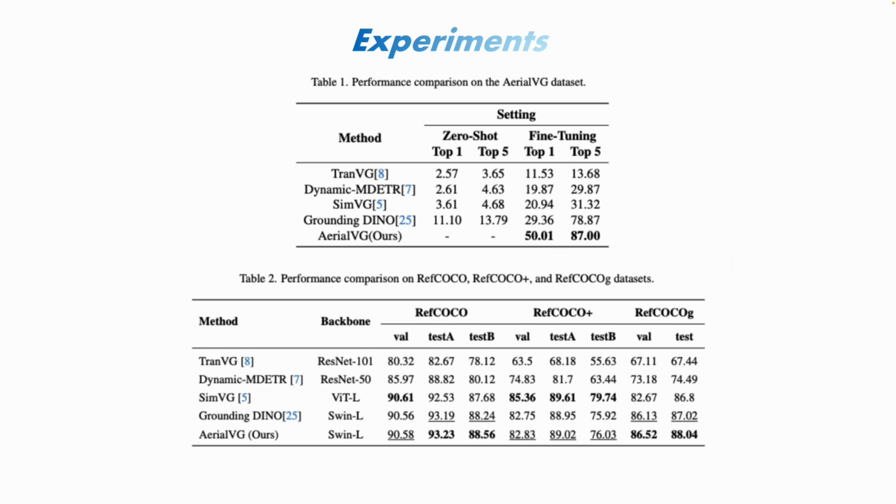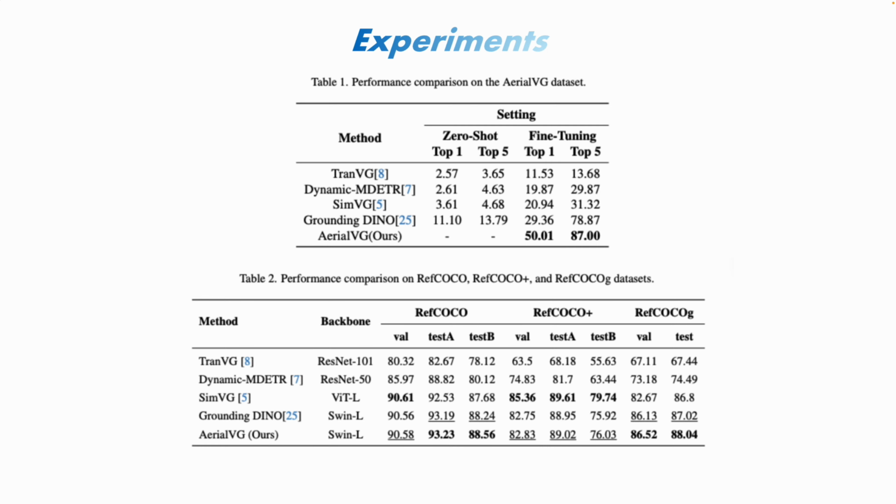Table 1 presents the evaluation results of different models on the AerialVG dataset. In the zero-shot setting, existing VG models exhibit limited performance, with both Top 1 accuracy and Top 5 accuracy hovering around 10%. This result highlights the challenges posed by high-resolution aerial imagery and the unique characteristics of the aerial viewpoint, which are not well represented in existing datasets. The poor performance of these models further underscores the necessity of AerialVG as a benchmark for evaluating visual grounding in